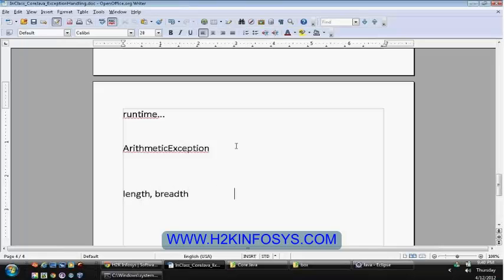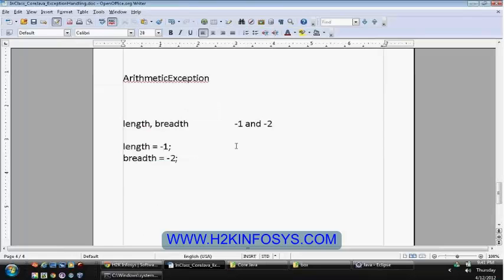And the client is passing the values as -1 and -2, which are not at all valid values. So in this case, you won't initialize the constructor by using length equal to -1, breadth equal to -2. What you should specify to the user is, hey, you are sending wrong values for length and breadth initialization, and you shouldn't send negative values.